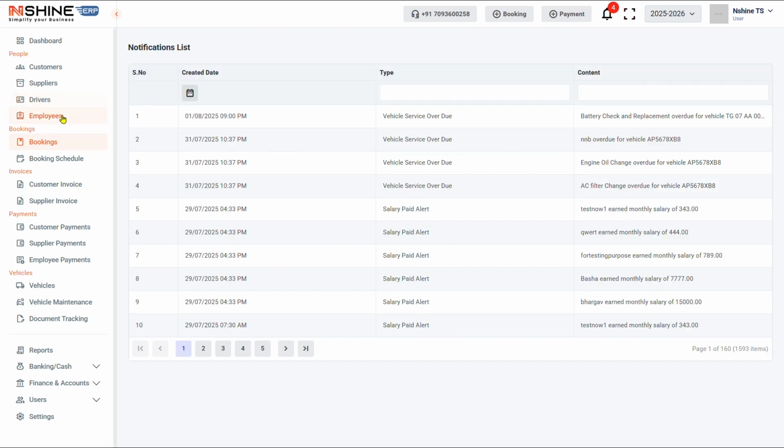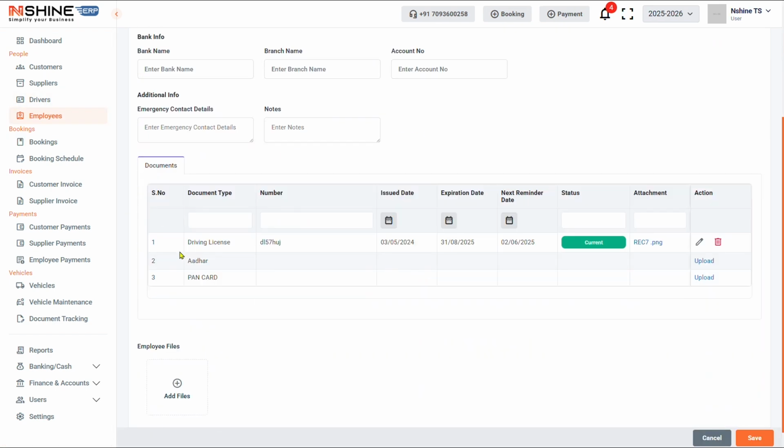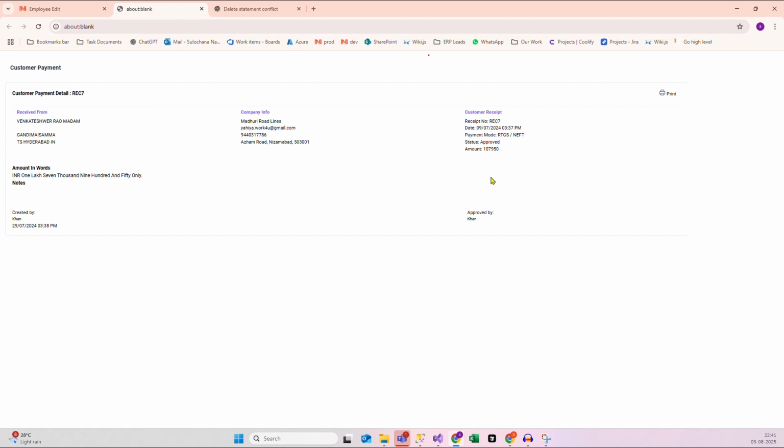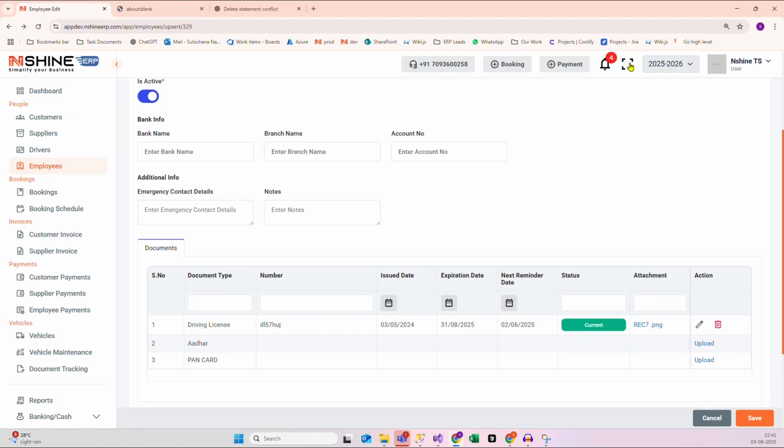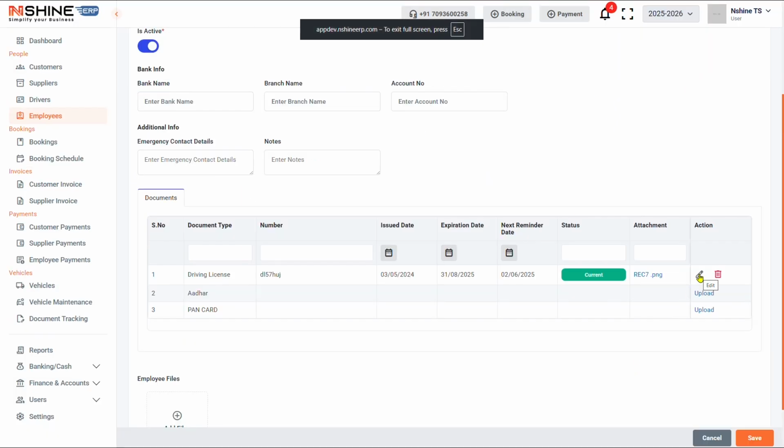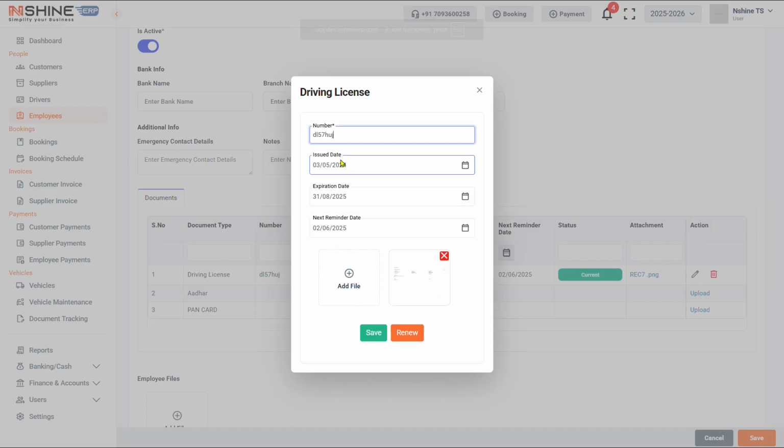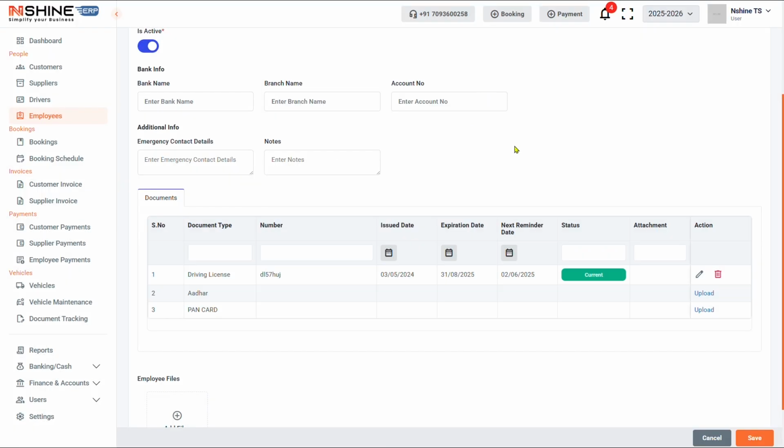Now let's circle back. If you want to go to that particular attachment, or if you want to revisit and see that document, just click on it. Here you can see the document. I have uploaded a random file. If you want to edit that detail, just click on edit and you can edit the details. If you want to renew the document, just click on renew. Fresh new information will be asked and a new document can be uploaded on renewal. If you want to delete it, we have an option to delete.